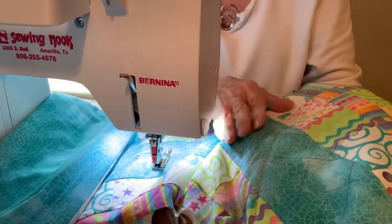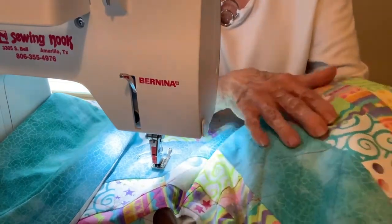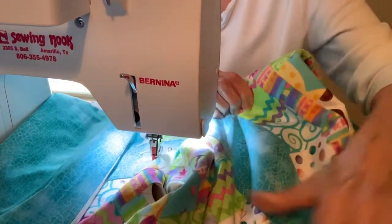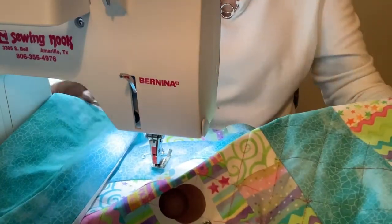Would be my next row. See, this row is already done. These 3 rows are done. And I would go all the way down the block and do each and every row. And then you turn it around